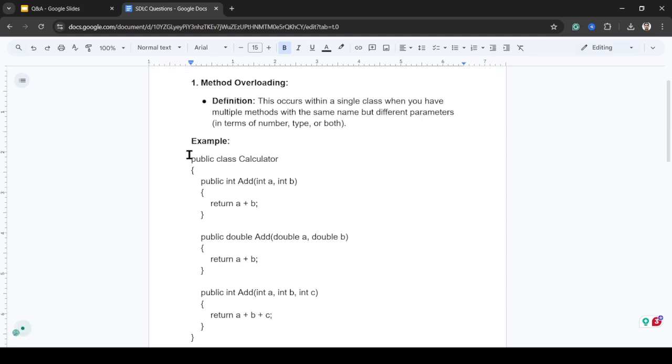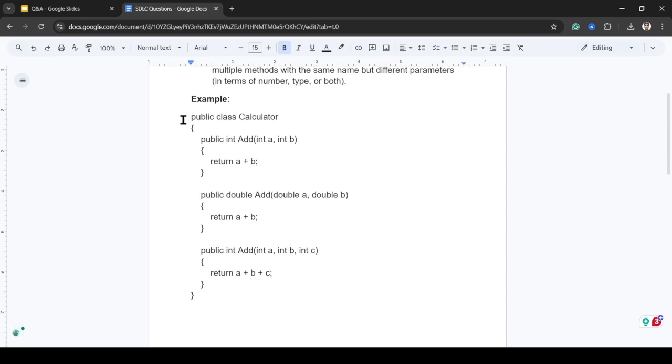So over here in the example we can see that we have a public class Calculator, and it has a function Add which takes two input parameters of integer type and returns an integer. Now we have another Add function.